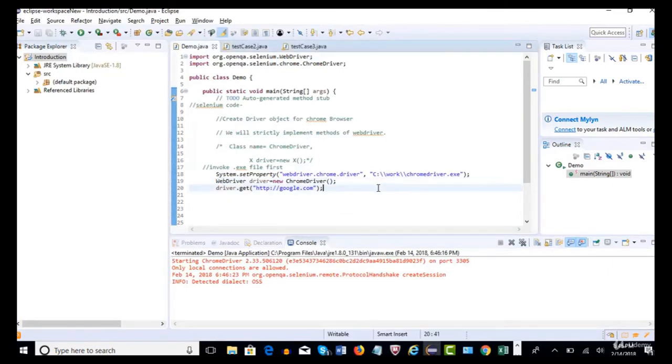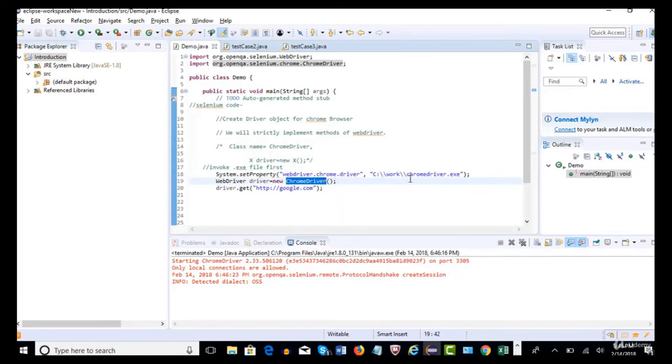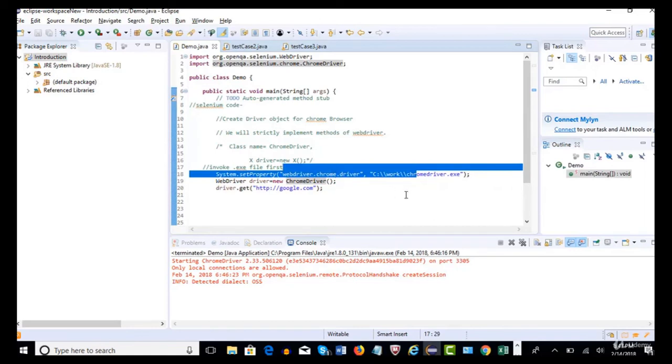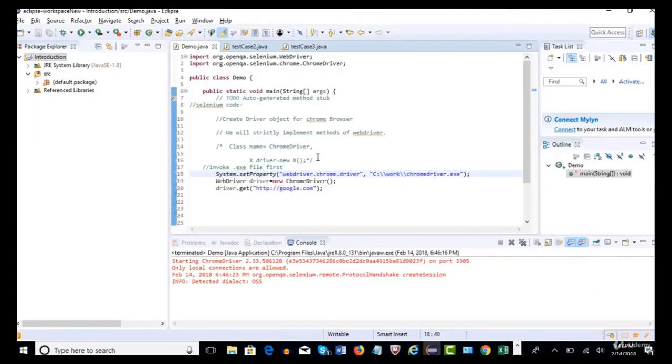Okay, so let's recap what we have learned. You need to remember that for each and every browser there are different classes. For Chrome, ChromeDriver is the class. We have used this, and you clearly know why we give step number 18, because browser vendors have restricted invoking the browser directly from Selenium. So we are setting that driver property with this key. You can remember these three key values. In the next lecture, when I talk about Firefox and IE, I'm going to explain those two as well. All right.